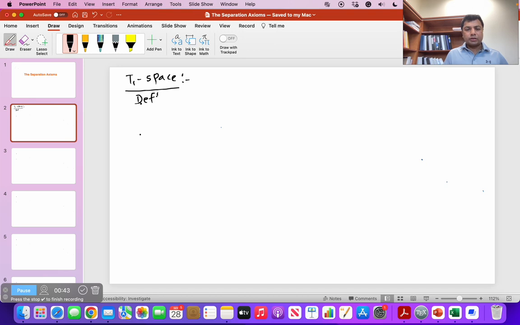So here is a formal definition of T1 space. A topological space X is said to be a T1 space if